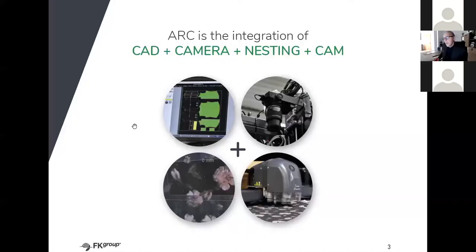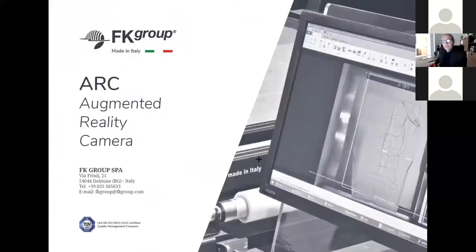By the way, let's start to go into the document, the most important document, this one. Perfect. I hope that you see this ARC, Augmented Reality Camera.